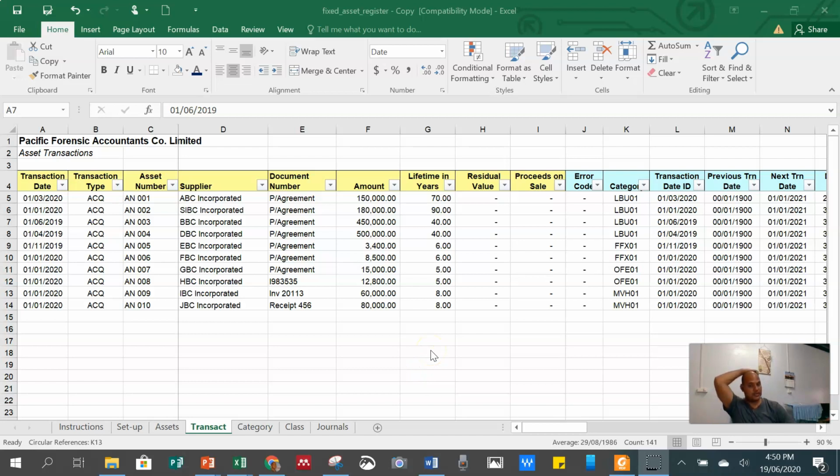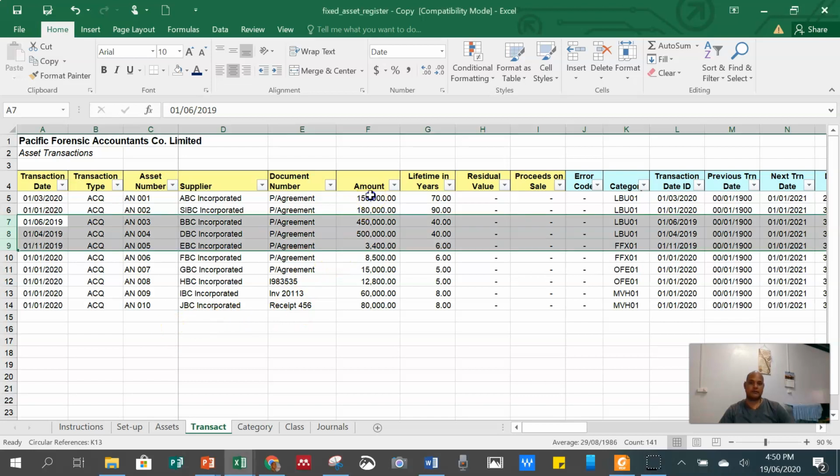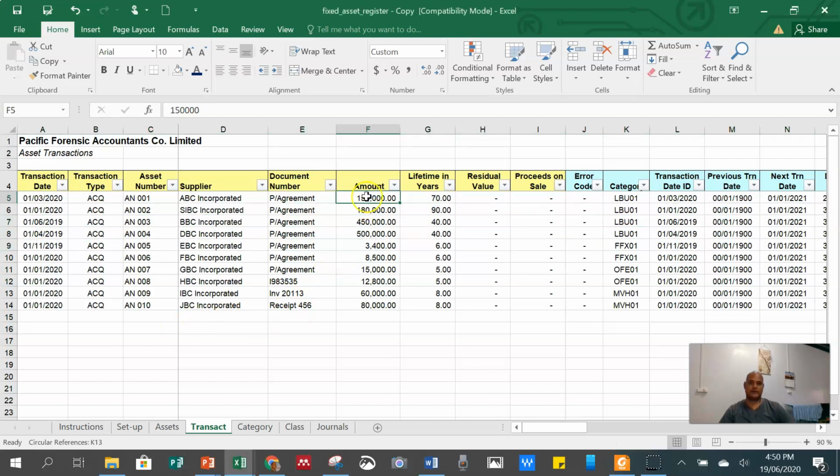Based on the explanation that we had in the determination of asset, you put your value here. And also put in the receipt, the invoice, or if it is an agreement between you and the supplier, put the agreement. Make a reference to the agreement, for example. Put the date and the year that you bought, using the invoice number, for example.